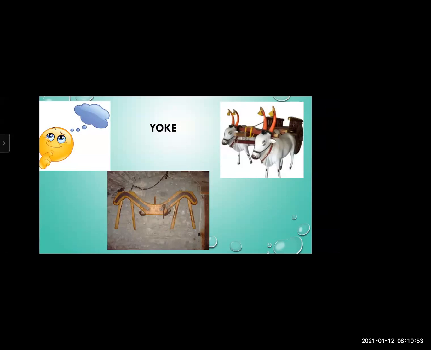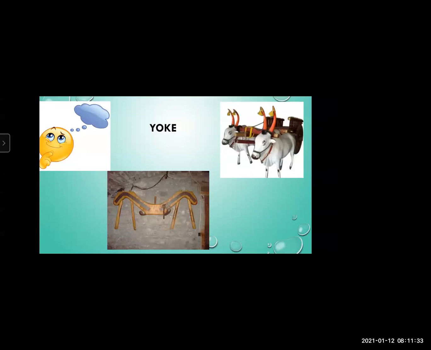There might be some geometrical property used here. So here they use the property of geometry, that is the perpendicular bisector. See here in this yoke, from the center, exactly from both the sides, from the left and also the right, the neck arms are fitted. But how can they do it so perfectly? The geometrical property behind this is called the perpendicular bisector. To do that, what do they do? A rope is used.